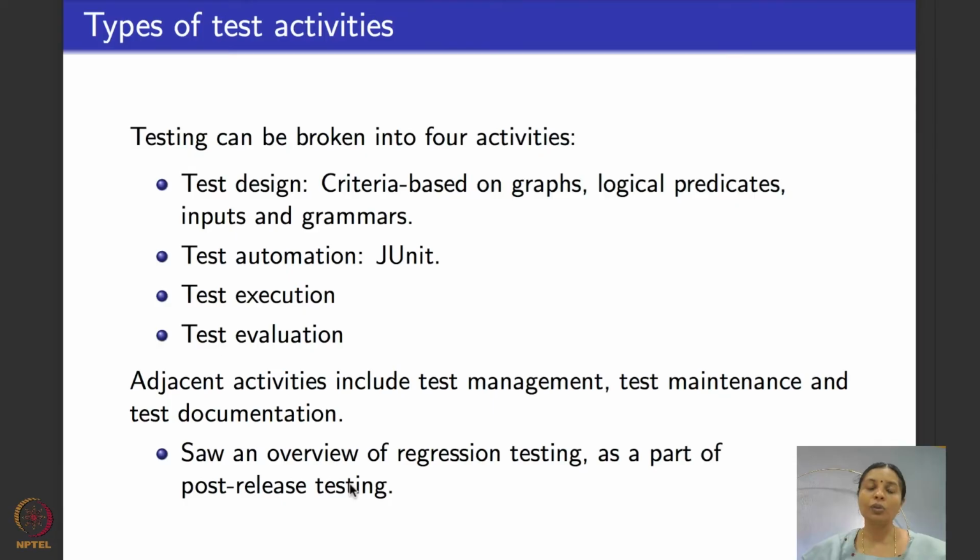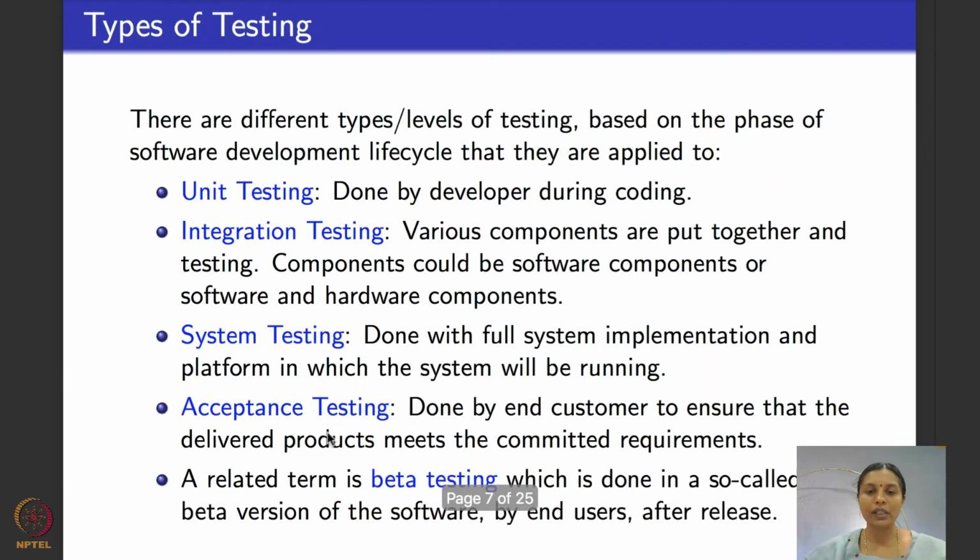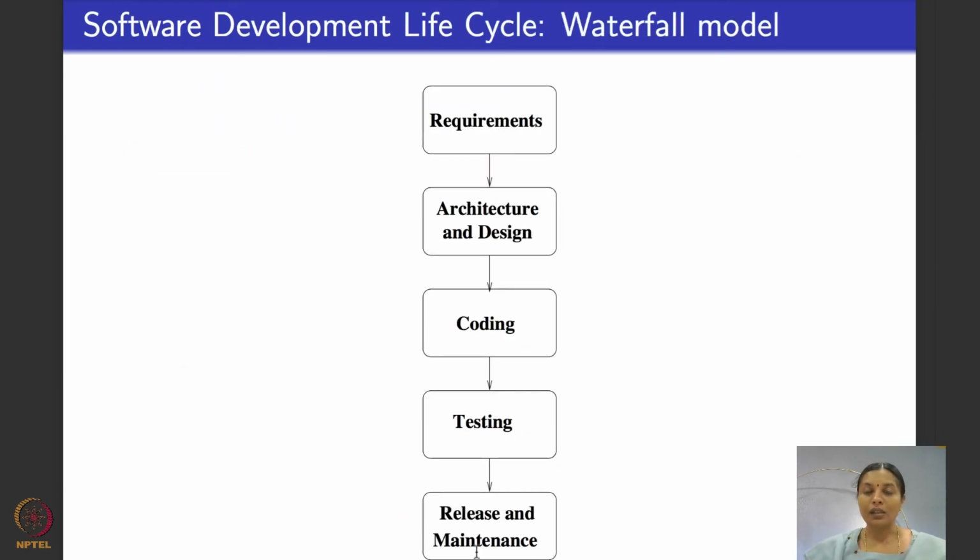Once you have JUnit and you figure out how to automate your test script on JUnit, the next job is to execute it and evaluate the test case to see if the test case has actually revealed an error in the program or not. Typically, a lot of other activities happen along with testing: test management, test maintenance, documenting the test cases. Typically, these activities have become very important after a software is released, when it is being maintained, because